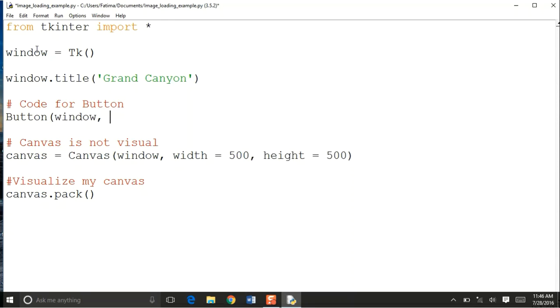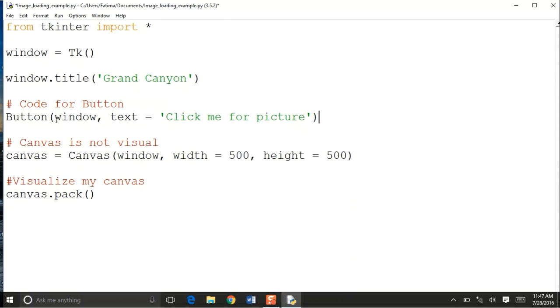So on my window over here, I'm putting my button, and on top of the button, I will have this label, or the text on top of my button will say, click me for picture. And then I close, and make sure click me for picture is inside this parenthesis, in quotation marks like this, and put text equal to,